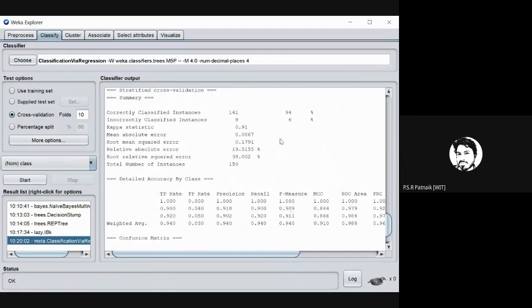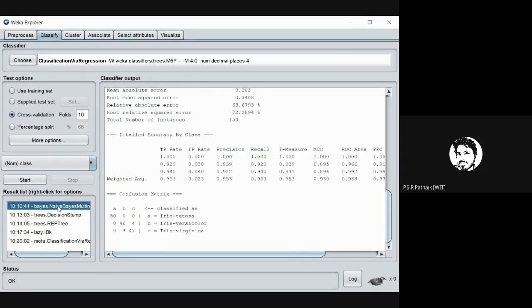Okay, how much accuracy am I getting here? 94. Look at these values, 97, 98, 98. Okay, so is it better than naive Bayes? I might not say it is better than that. Naive Bayes was 96, 99, 98.